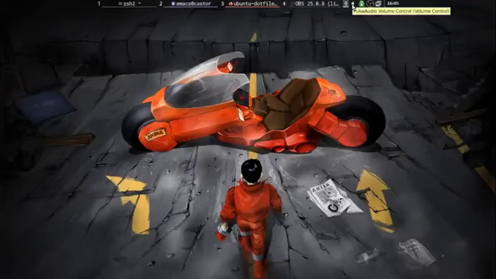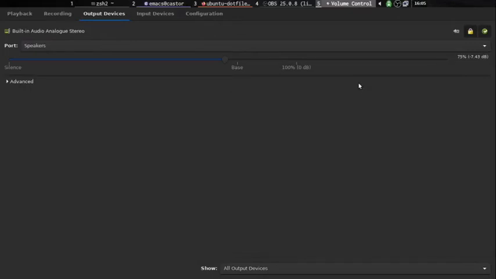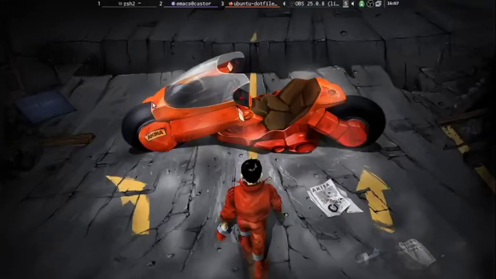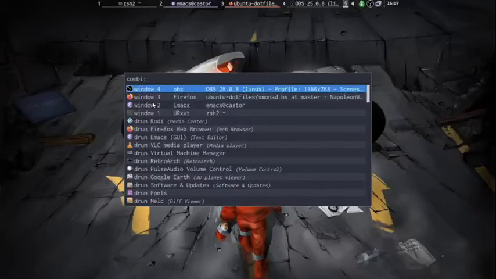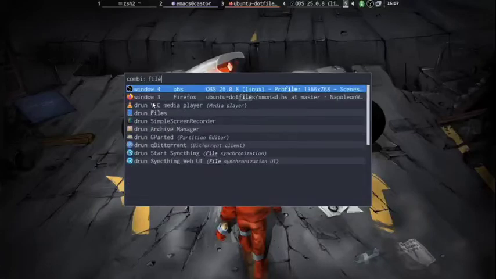And this is the PavuControl PulseAudio volume adjuster, and in my opinion, that's a better way to do it than having a little thing you click here and drag up and down, because when you launch this, you've got full control over your volume settings. So that's something that's easier to use. And I'm also using Rofi here, and I've put the icons in, and it works pretty snappy on Ubuntu. And what I'll do now is show you some of the applications that will actually launch